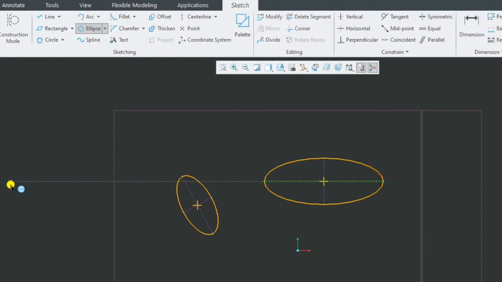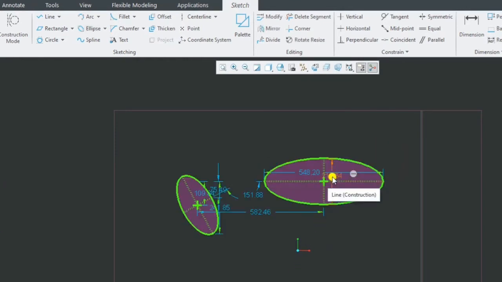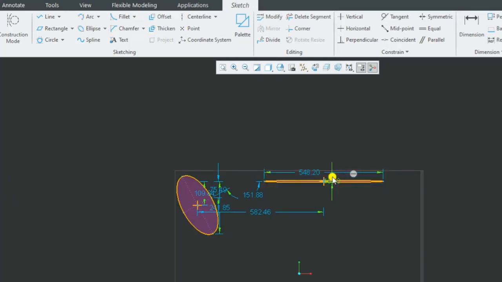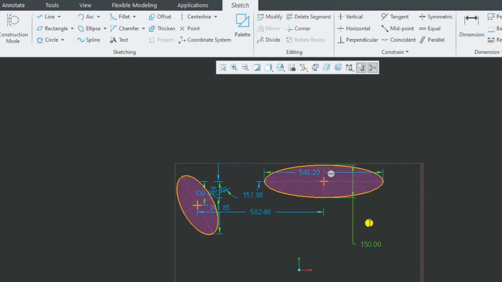It's clear. After this you can also change the dimensions. Just simply clicking on this one, you can make it 10. It will become very small. If you want to further modify it, you can drag the dimension outside and click it here. If you want to make it 150, just type 150 on the keyboard, press enter, and it will appear. So this is all about the first part called ellipse, axis and ellipse.